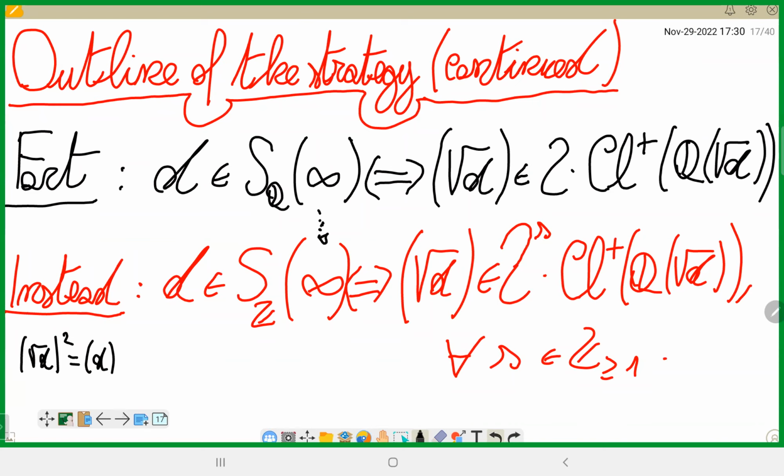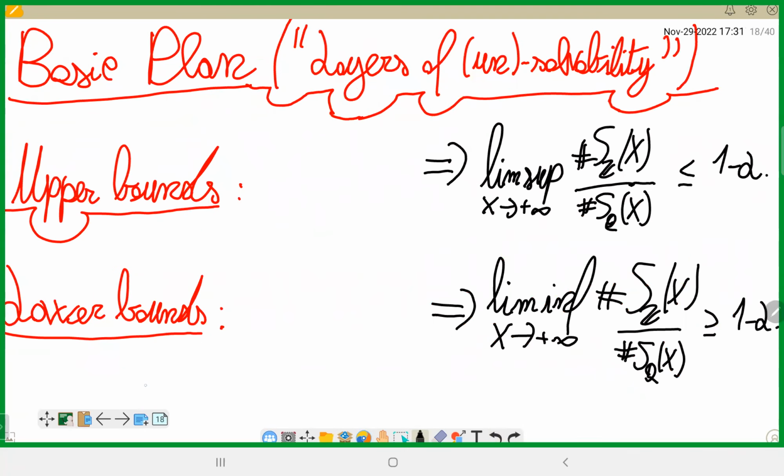And you can use each layer as a sort of successive improvement on your understanding of whether the equation is solvable in Z. And so essentially the plan then is that to get upper bounds, you compute the probability that square root d is in 2, let's say, to the i class plus for i smaller than s,